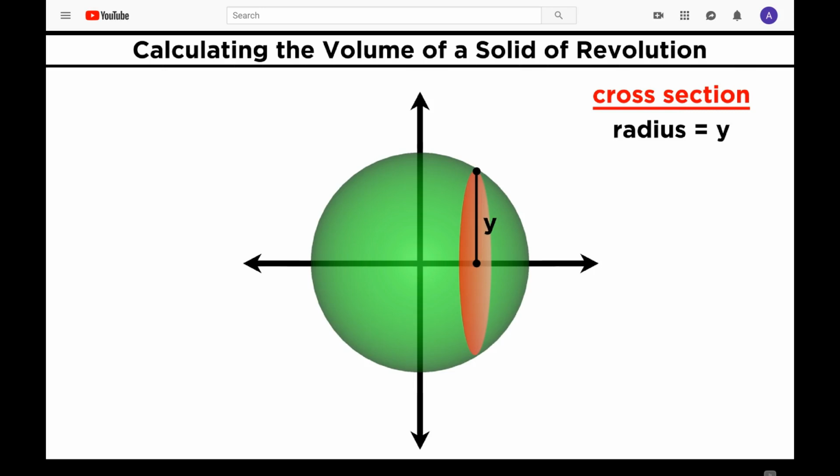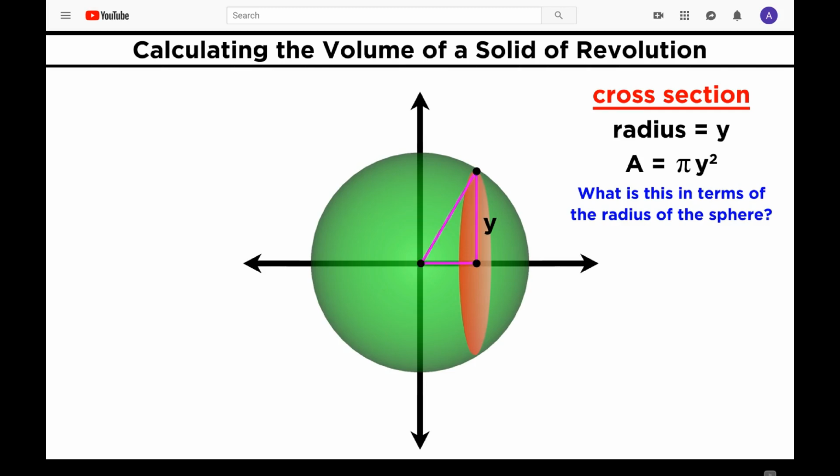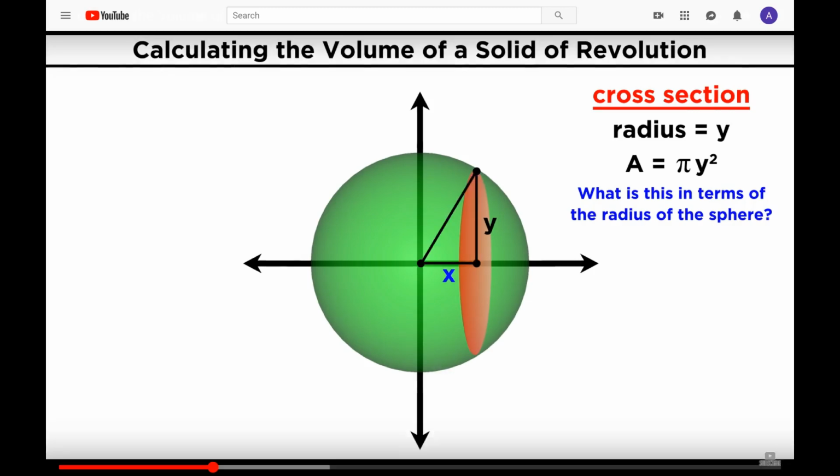How do we find the area of the circle? We know that the formula for the area of a circle is pi r squared, and we just said that the radius is equal to y. So that's pi y squared. But we want this in terms of the radius of the sphere, because that is unchanging. Let's make a triangle like this, where the distance from the center of the sphere to the center of this